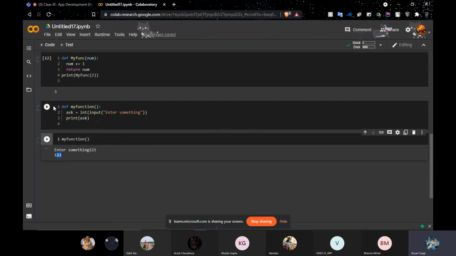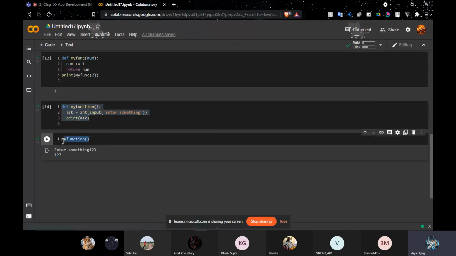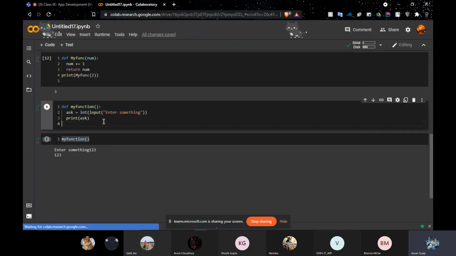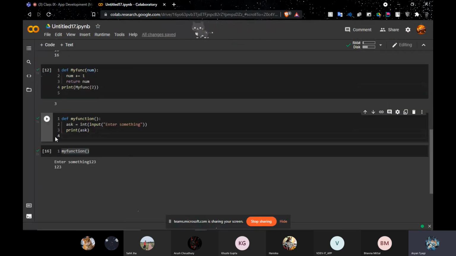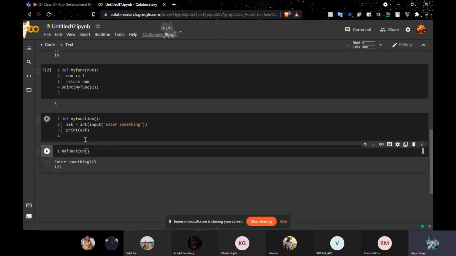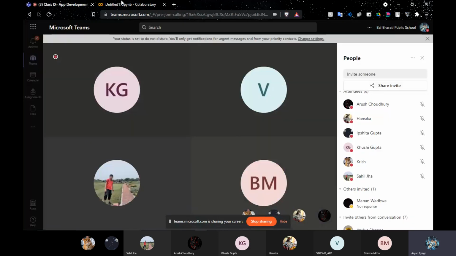So what this did was we had a function defined in this code block, and we called it in this one. So first of all, we have to run this one, so it gets registered with the program file. You can think of this whole Colab repository as one whole Python file, and then my function was called, and it basically took the statements from here and ran them. It executed them. So I think that's the most basic example of functions I can give you.